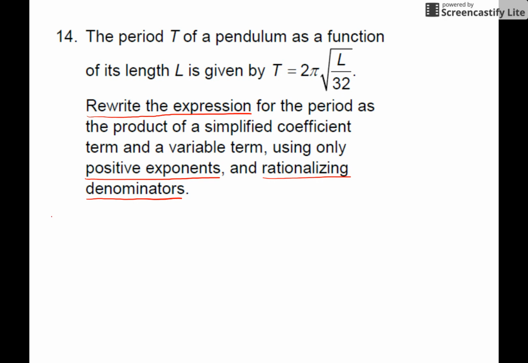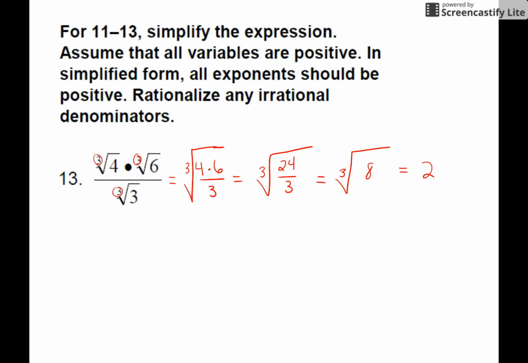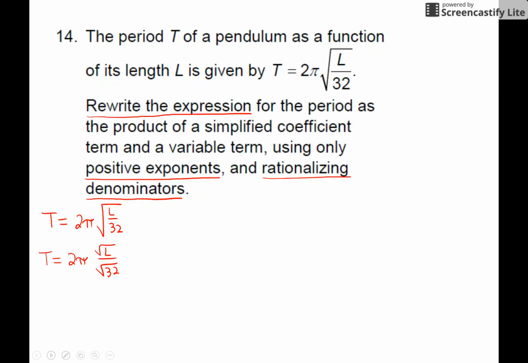So here goes. I start with t equals 2 pi square root of L over 32. I'm going to immediately split that square root so I can deal with my variable and my number separately, like that. Then I go back to the one I'm on, sorry. And then on this one, I can break down that 32. You can break it down any way you want, but since I have a square root here, I'm going to look for a perfect square. I happen to have 16 times 2 is 32. And I know the square root of 16 is 4. That's going to come in super handy in just a second. So here goes, t equals 2 pi